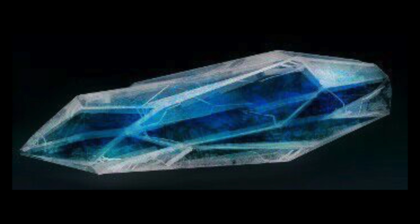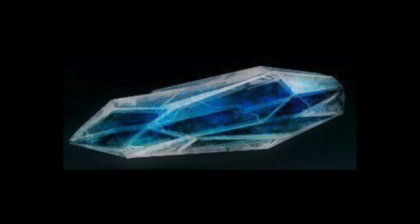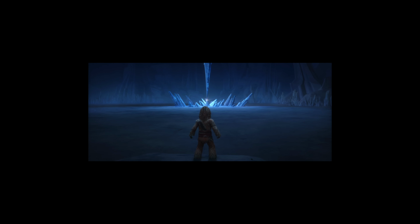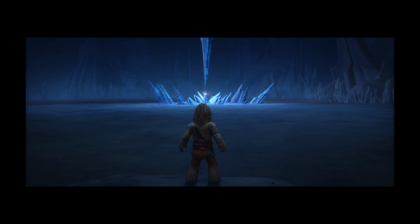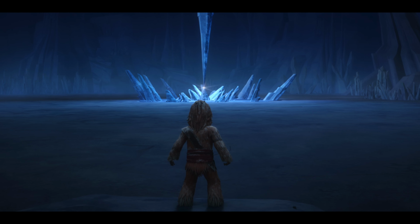All lightsabers are powered by kyber crystals. Kyber crystals can be found throughout the galaxy, but are exceptionally rare. They are organic crystals that have a unique attachment to the Force, being able to channel it and form bonds with their wielder. Kyber crystals are most commonly found on the remote ice world of Ilum, on the border of the mysterious unknown regions. This planet was guarded for a millennia by the Jedi Order, with only their members having